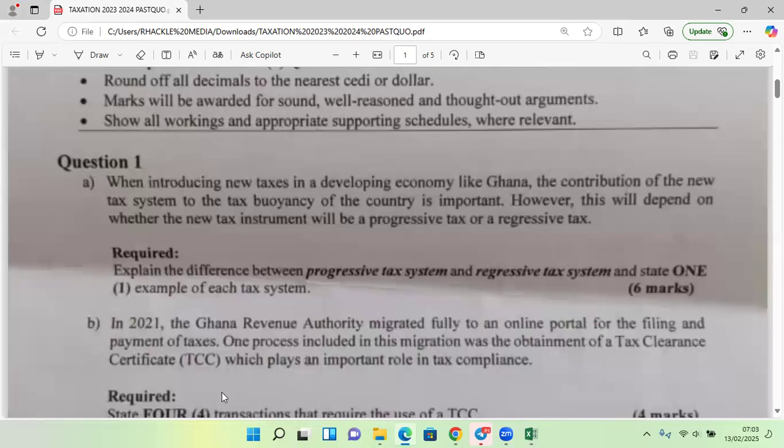Always what I do is I first read the requirement. The requirement is saying that explain the difference between progressive tax system and a regressive tax system and state one example each of the tax system. Right. So here is what the listing is saying, the preamble. When introducing new taxes in a developing country like Ghana, the contribution of the new tax system to the system buoyancy